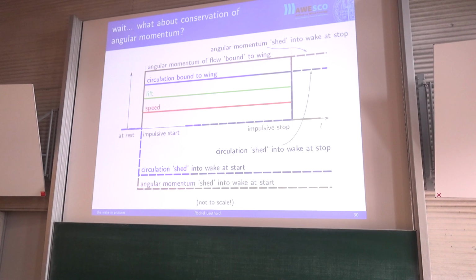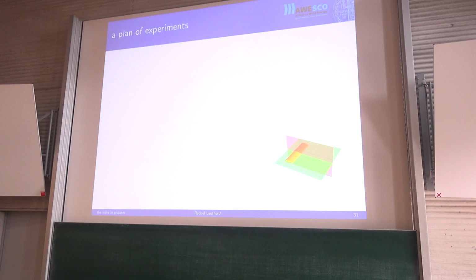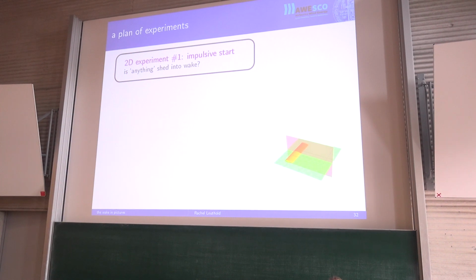So it's all very nice that I've made you a pretty little line sketch, but how do we know this is actually what's happening? So let's make some experiments. The first thing we want to ask is whether we actually can find anything being released into the flow or into the wake at all. Because obviously if nothing is being released into the flow, then this entire thing has been a waste of 10